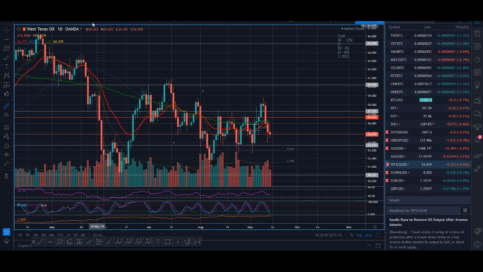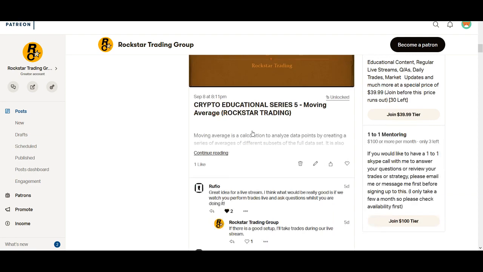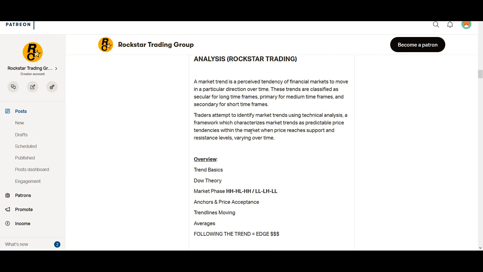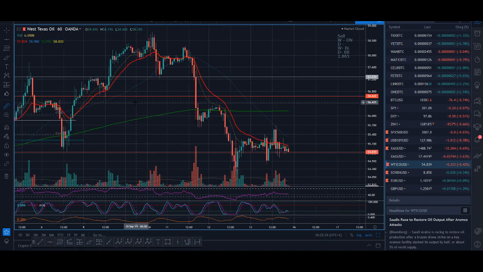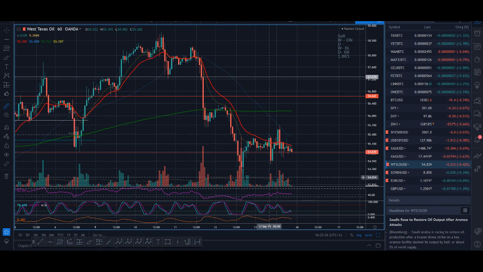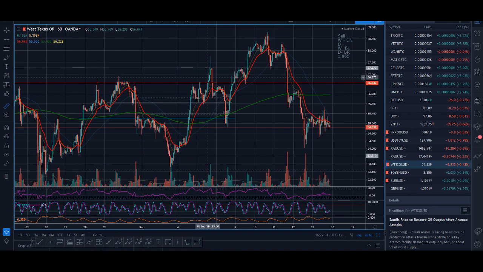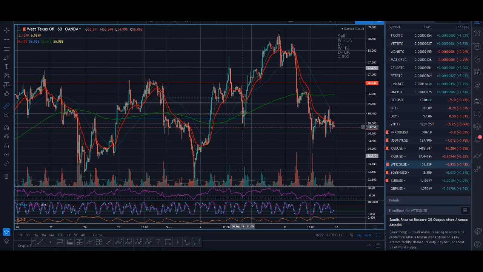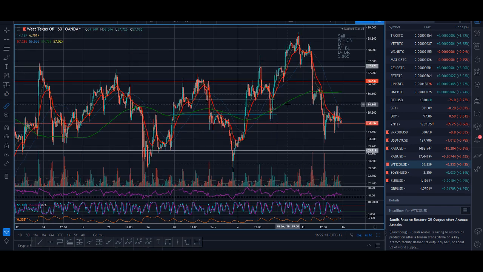If you want to trade oil using my strategy, there's 2 guys in my group that have taken up trading oil, and they seem to be doing quite well. If you're from the UK, you could do spread betting, or if you're from America or another part of the world, you can use CFD, and they trend really well. This would have been a sell. This was almost a perfect setup for me to buy, and using candlestick patterns and my strategy, this works quite well in oil, guys. So that is sort of my update on trading other markets.